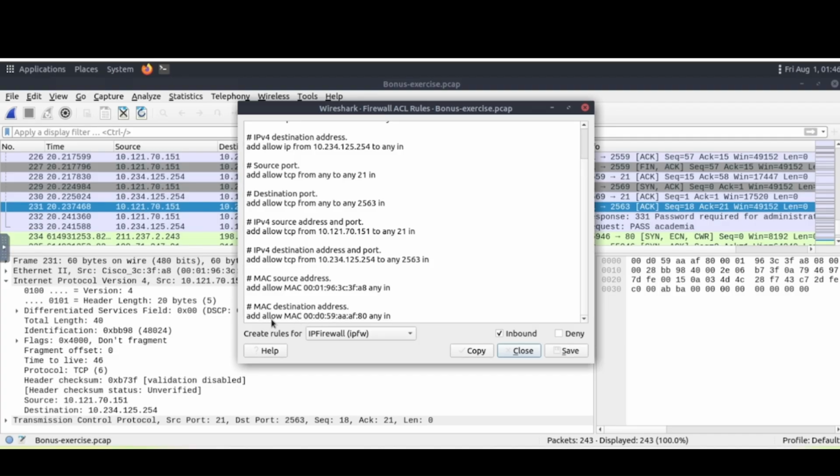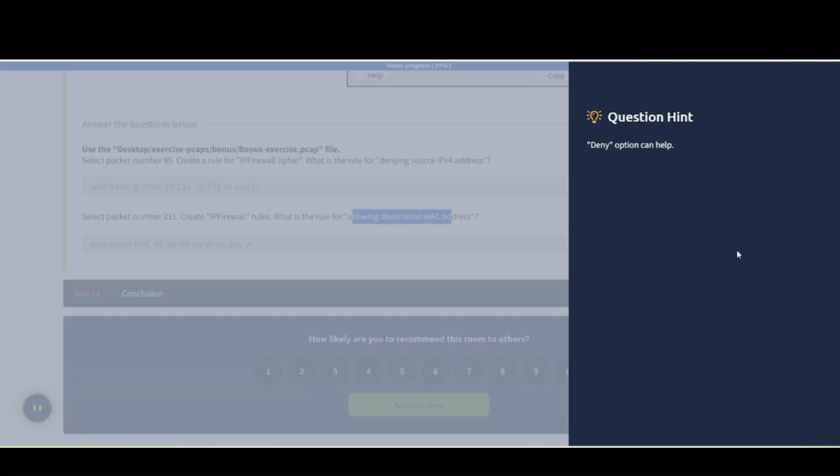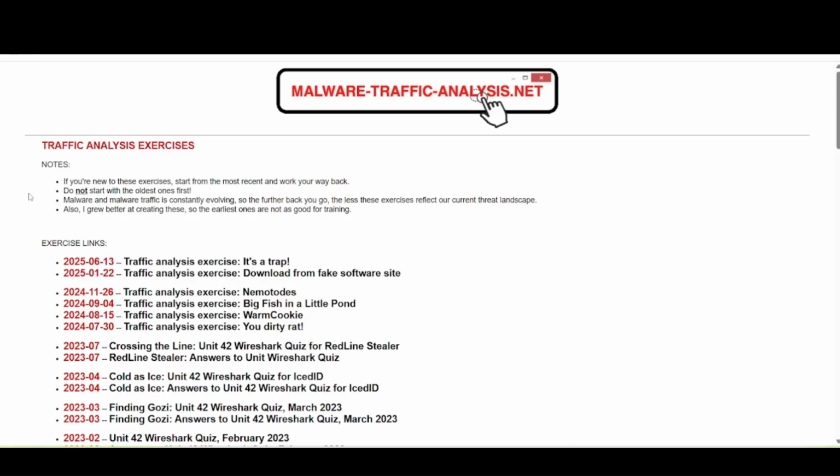So add allow the MAC. So this should be what we're looking for here. Yep. Okay. And then there's also hints here if you get stuck. So it even says that deny option can help. So deselect that one. Once again, here is an additional website called malwaretrafficanalysis.net, where you can go and practice